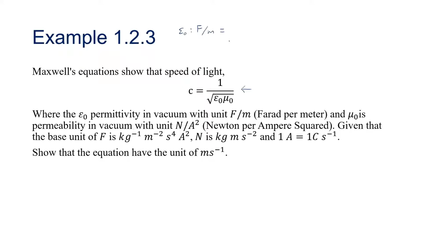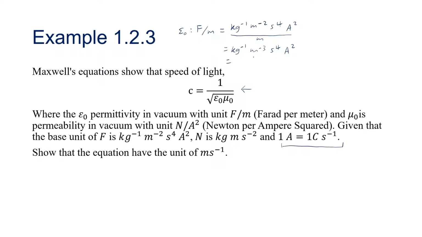Farad has a base unit of kg to the negative 1, m to the negative 2, s to the power of 4 and A to the power of 2. Now divide by m, you will get kg to the negative 1, m to the negative 3, s to the 4, A to the 2. And this A is ampere. Ampere is equal to 1 coulomb per second. So you substitute this thing